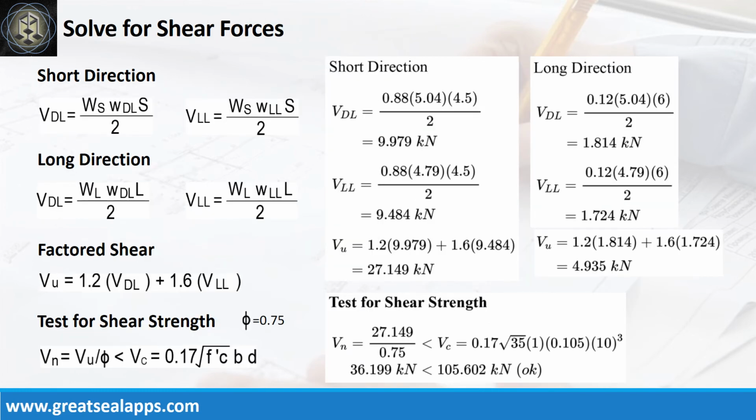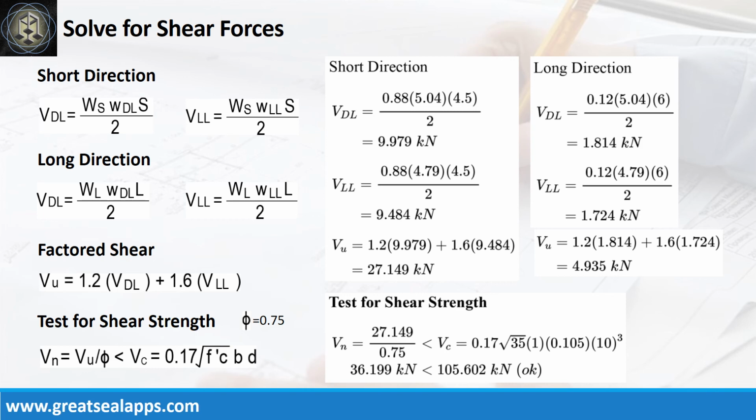At short direction, the shear force from dead load is 9.979 kN, and live load is 9.484 kN, for a factored shear force of 27.149 kN. At long direction, the shear force from dead load is 1.814 kN, and live load is 1.724 kN, for a factored shear force of 4.935 kN. The nominal shear force is 36.199 kN, less than